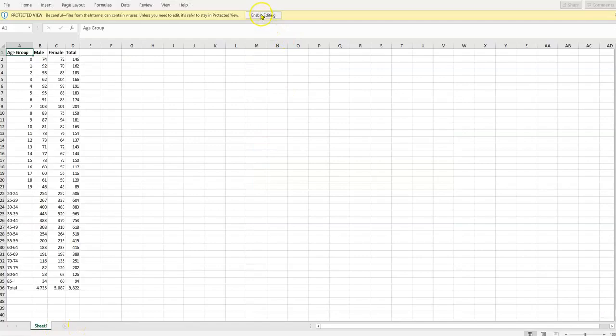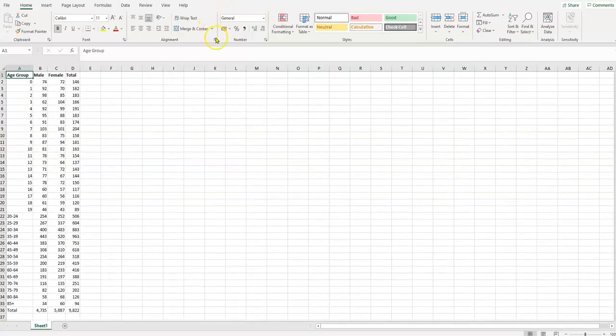Now, Excel doesn't have an actual chart that is a population pyramid, so we're going to create a bar chart first and then make the relative edits to it in order to turn it into a population pyramid. Now, you'll see from the census data that we have the individual ages first, and then we have our ages grouped. So we need to get this data in a way that we can use it. So I'm just going to copy and paste our headings across, and then we're going to get our correct age groups